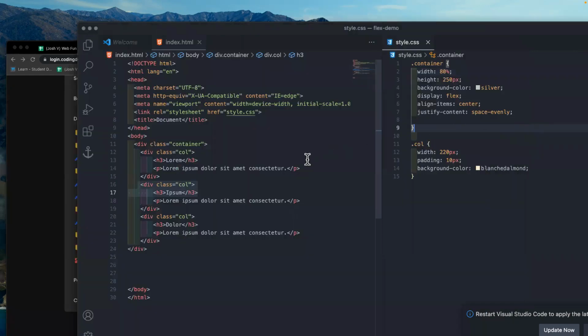But the first thing we need to know is that in order to apply flex, you need to find the parent and see that its children, only its direct children, are going to have that effect on them. Also, all the rules that you apply to flex have to be in the container, in the parent of all the items that you want to be flexible. Okay, so we'll go through all the flex rules that we can apply,